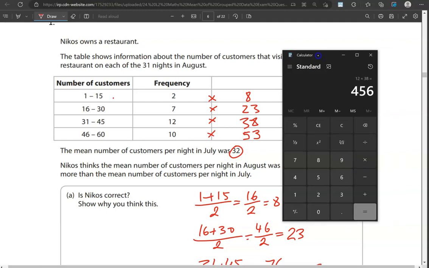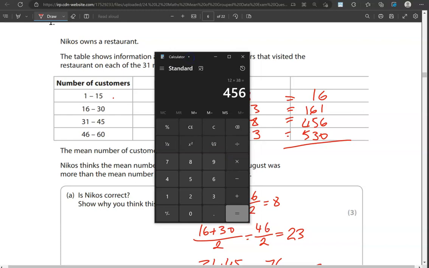So adding all of these together gives us 1163,